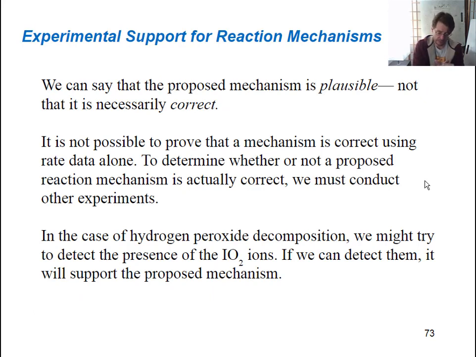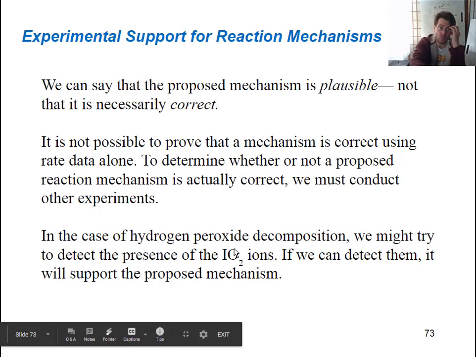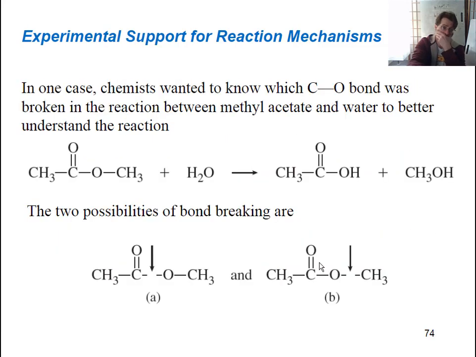So this process of determining the mechanism, it's arduous. It can be difficult, and so this is again a big subject of organic chemistry, is talking about how you figure out what the mechanism is in a particular reaction. You propose it, and you see whether it's plausible or not, and then you test it. So oftentimes you have to conduct other experiments for this to be the case. You can look for those IO2 ions or other things and see if you can see them that support your mechanism. Okay. Another way to do this is to look at